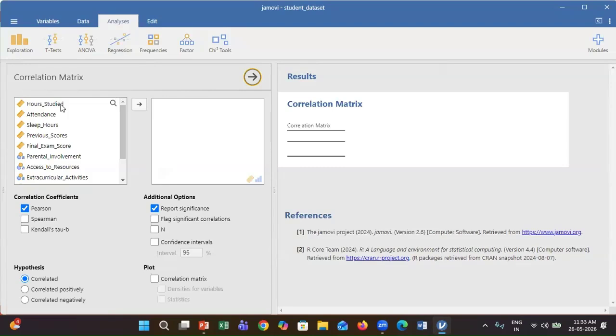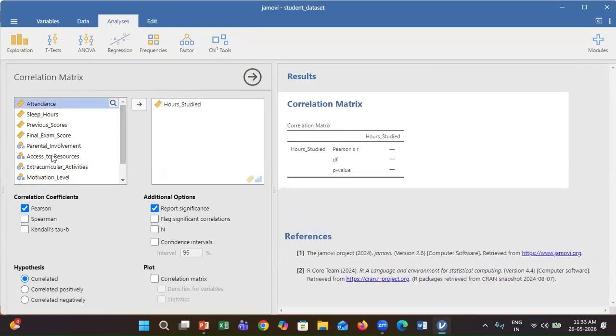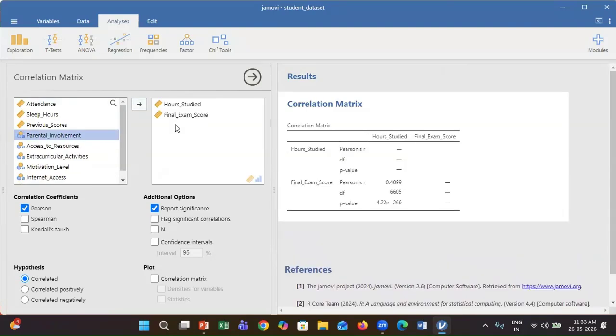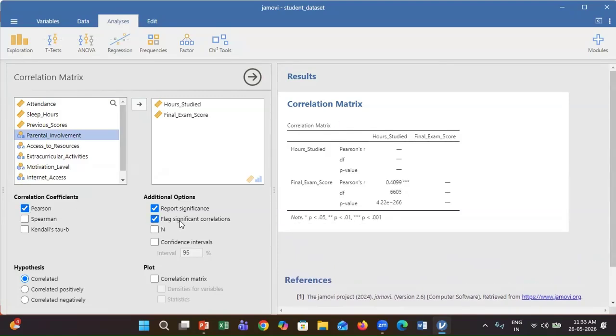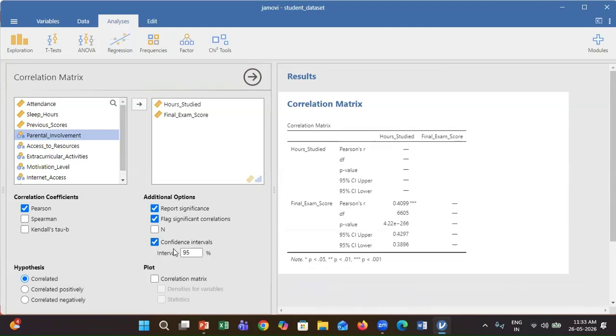I will move one variable, study hours, to the variable box. My second variable of interest is final exam scores. I will move that to the variable box. Now Pearson is already ticked. I will tick flag significant correlations as well as confidence interval.